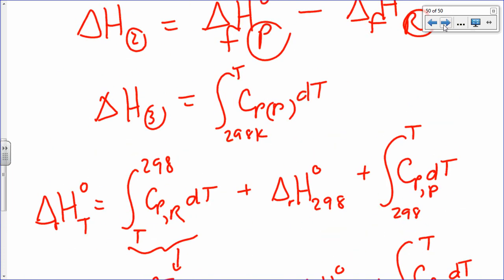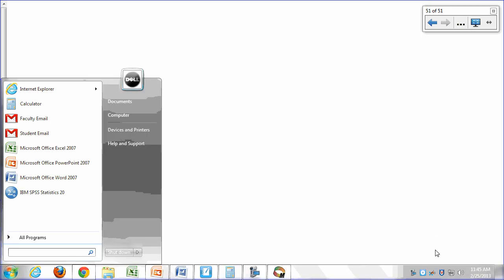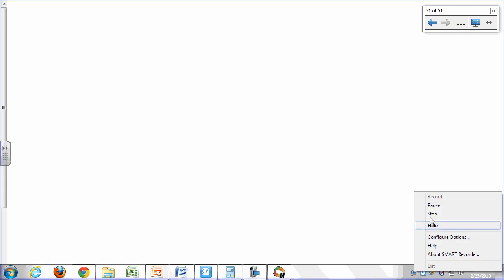And so that's pretty much it for thermochemistry. That should be enough setup for you to be able to do lab experiments and